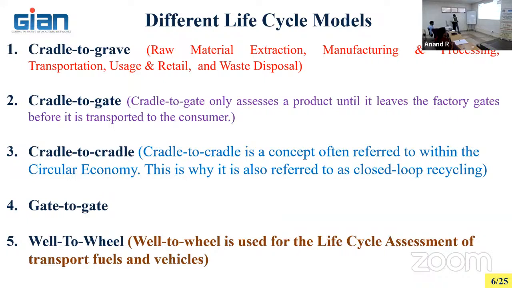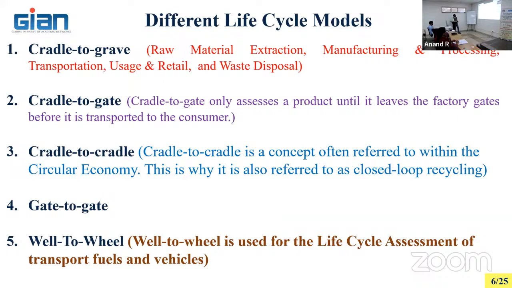So there are 5 steps we are following: cradle to grave, cradle to gate. That means you produce it and deliver it. That's all. The industry is going to consume the material and produce something. Suppose you are going to produce a TV, right? Or the automotive sector is going to produce the automobile, 4-wheeler or 3-wheeler or maybe the heavy vehicles. The duty of the industry is to produce it, and it will be handed over to the customer. So that is cradle to gate.